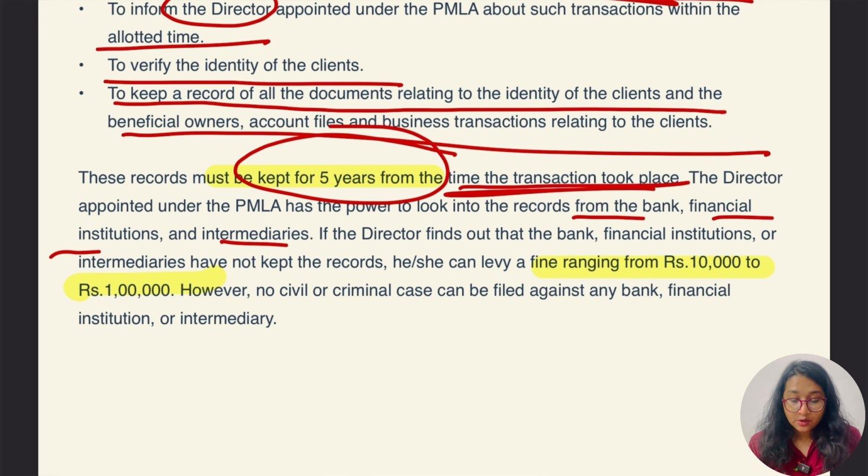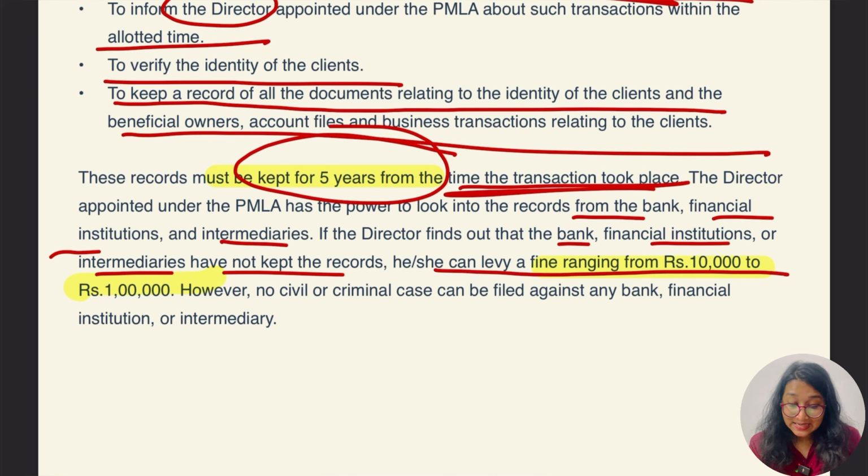If the director finds out that the bank, financial institution or intermediaries have not kept the record, he or she can levy a fine ranging from 10,000 to 1 lakh. Okay, what happens if the director finds out that this bank, this financial institution, these intermediaries have not kept the